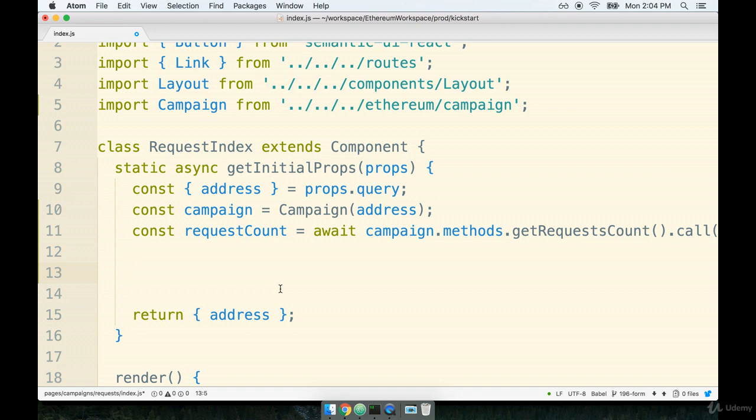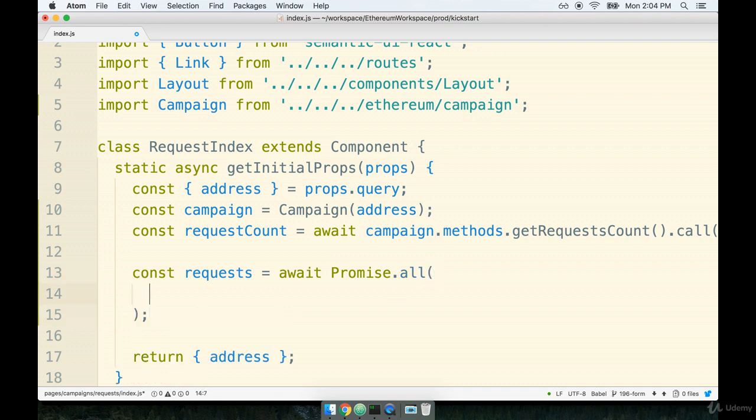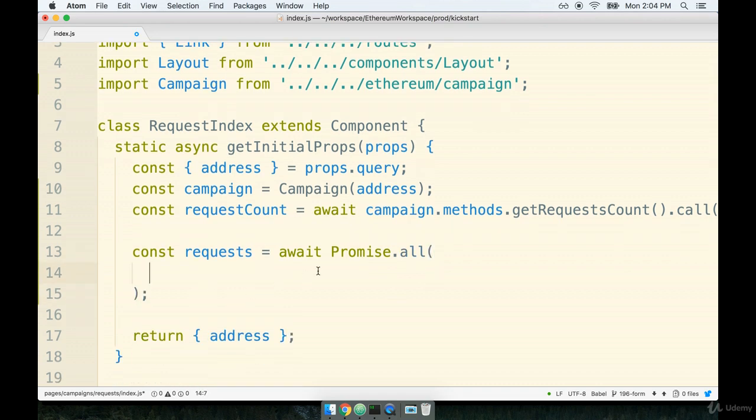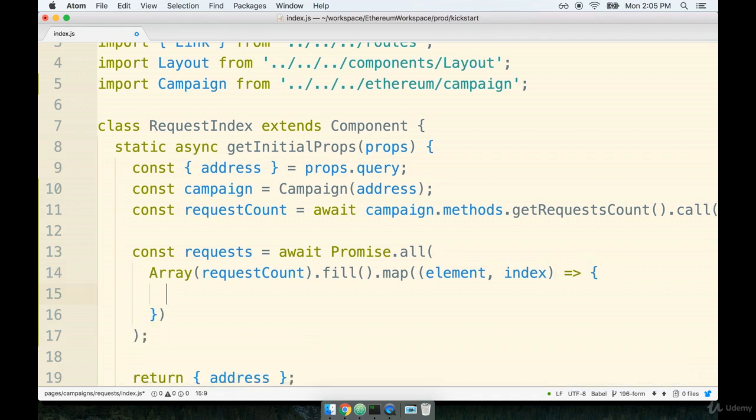Now, to do this is going to require a little bit of fancy JavaScript here. As usual, we're going to write out our code, and then we'll talk about exactly what it does. So I'm going to say const requests equals await Promise.all. And then inside of a set of parentheses here, we're going to say Array(requestCount).fill().map. And we're going to place an arrow function inside this map. So I'm going to say element and index, and then I'm going to open up the arrow function like so,